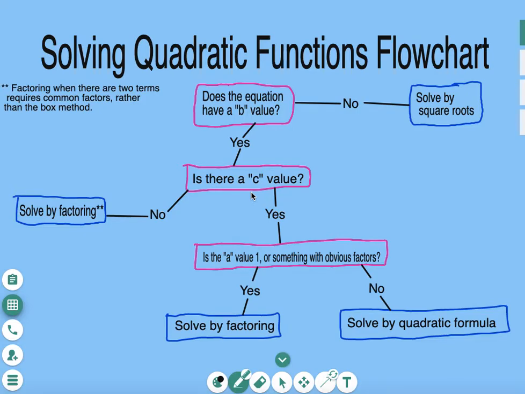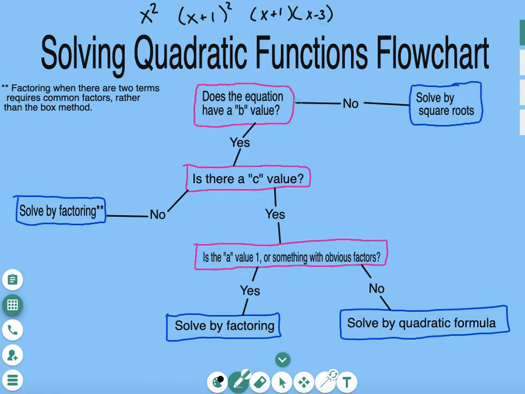So in this video, we're going to be talking about the different ways that you can solve a quadratic function. Now remember, a quadratic function is any sort of function where we're multiplying x by itself. So it could be something that has a term with an x squared in it, or it could be something with a term where it's x plus or minus some number and then squared, or it could be an equation where we see two separate parentheses